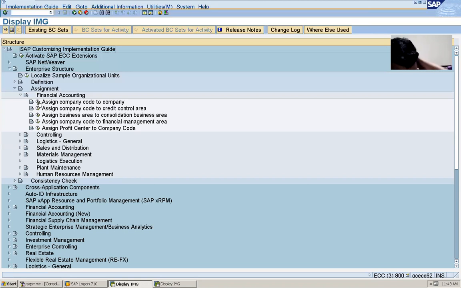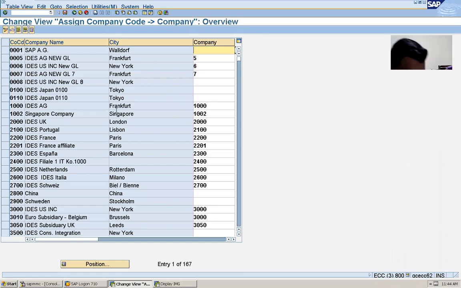Done. Then click on this, assign company code to company. Assignment means position button. When you come here, click on position button. Write down, click on position button.